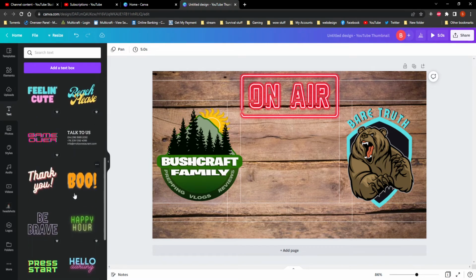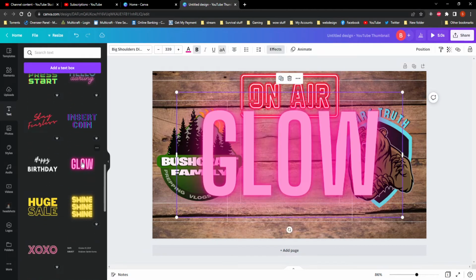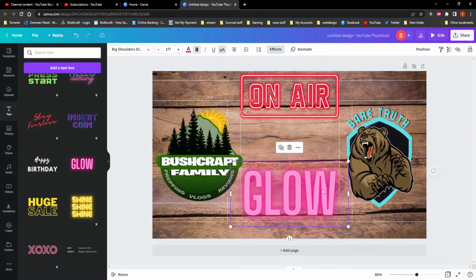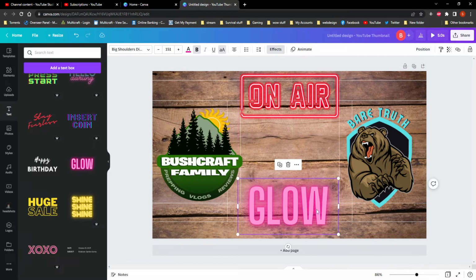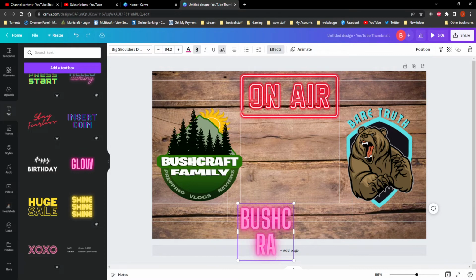And if you wanted to use a free one like this, which that wouldn't fit in, maybe a glow. And we'll go ahead and knock this down to a smaller size. And then we could change the color to what we wanted. So let's go ahead and knock it down to really small. That way we can work with it. Select that, and we'll put Bushcraft